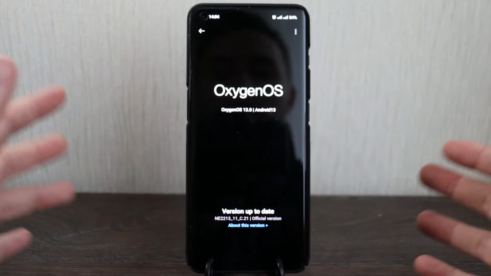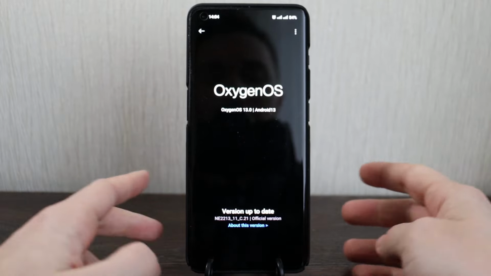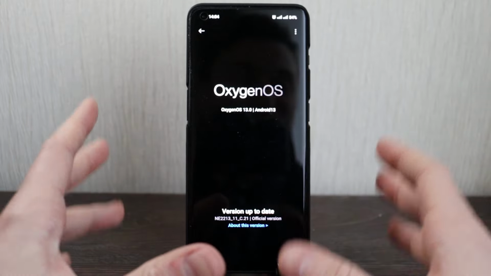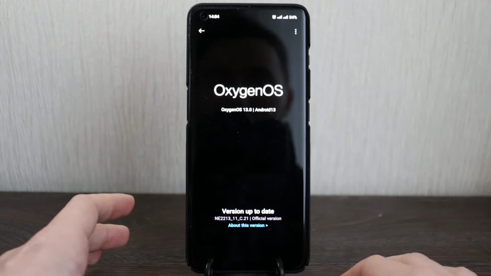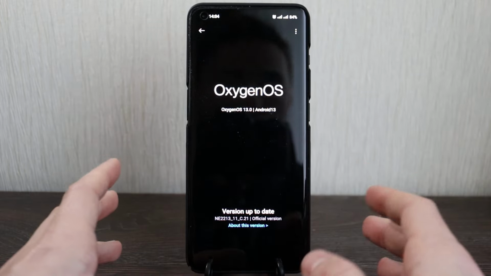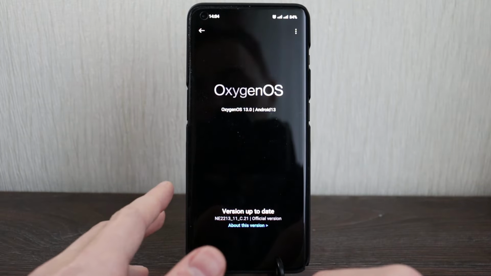Hello guys, today we have a review of OxygenOS 13, which is based on Android 13, and right now I have a OnePlus 10 Pro. It's the latest version of OnePlus, but now OnePlus 11 is already released in 2023, but still this OnePlus 10 Pro is a good phone and it still supports all the updates, and I hope it will support it for the